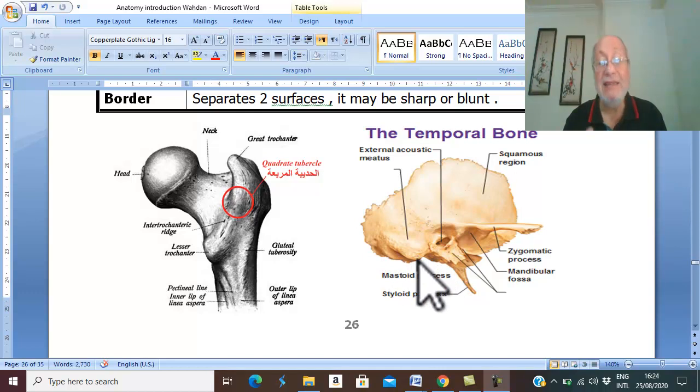It has a blind end, blunt in shape. Therefore, this elevation, which has a blunt end, is a process. Process is an elongated projection with a blunt end,